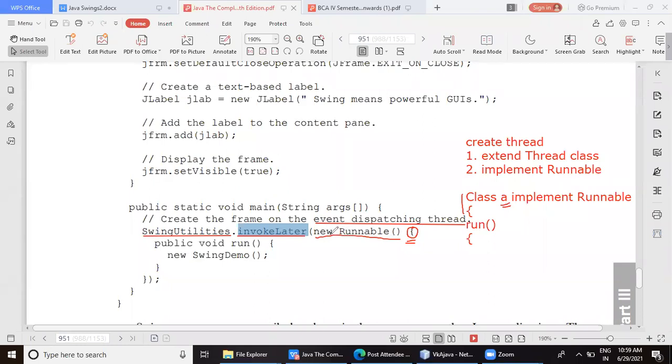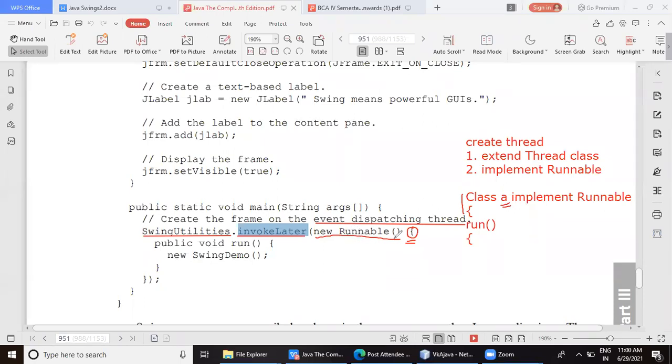Remember, anonymous inner classes are created at the time of instantiation of a parent class. So instead of creating a child class, naming it, and then overriding the method which is given by the parent, directly I can create an anonymous inner class and override the method which is given by my parent. So parent class here is Runnable, which I want to use to create a new thread.